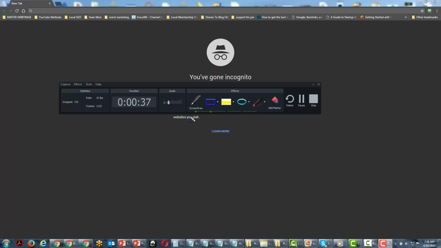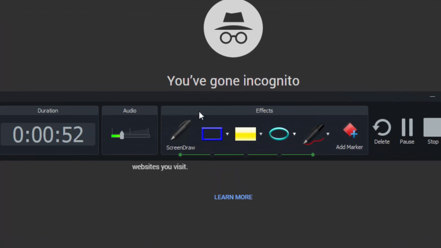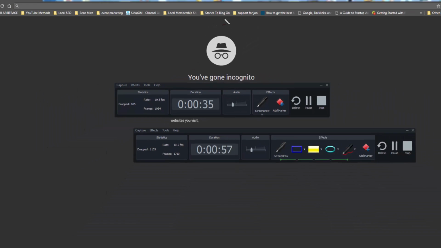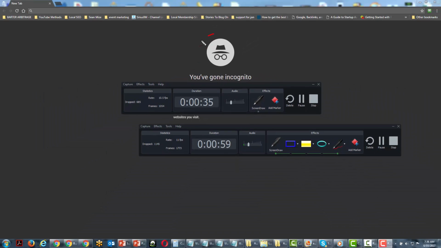And what you'll notice is that when you click the screen draw button, the rest of the effects come available. Now what we can do is we can actually choose to use the pen, which we have, and let's see what the pen actually does. One of the things that it does is it draws. Right? And so this probably works extremely well if you have a tablet, but it works very well even if